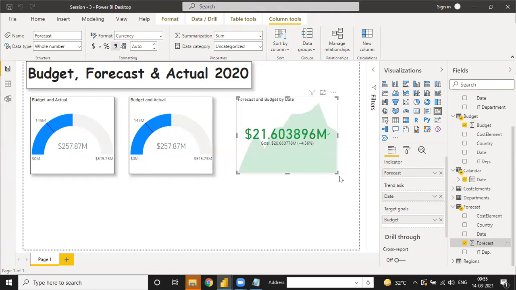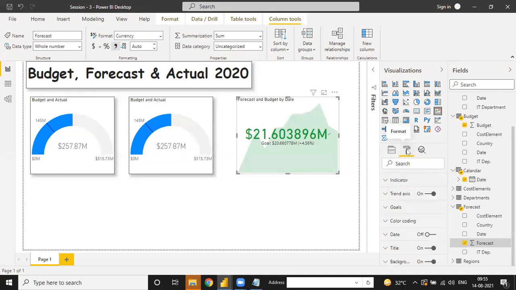So see, tell me, this one is green. Why is it green? It is not green as per the KPI or as per this kind of table, because we didn't choose green or red. It is a table showing that the indicator is the forecast and the budget is the target. It means the forecast is 21 but the goal is 2020. That is the reason it's 4.56% less than, but we have to compare the forecast and budget.